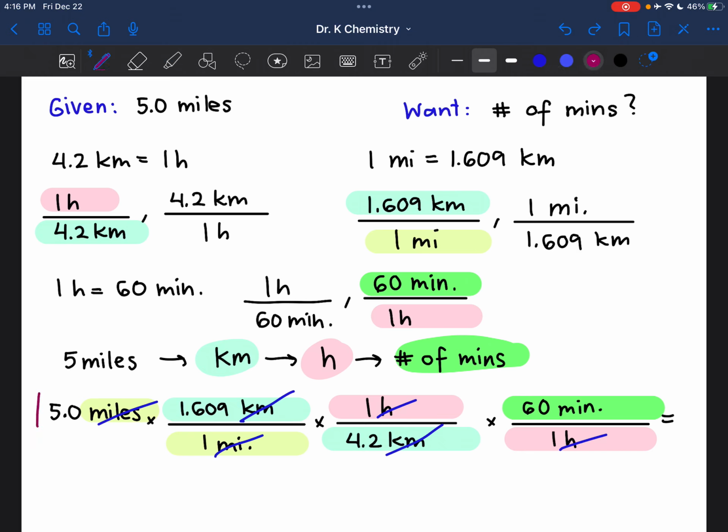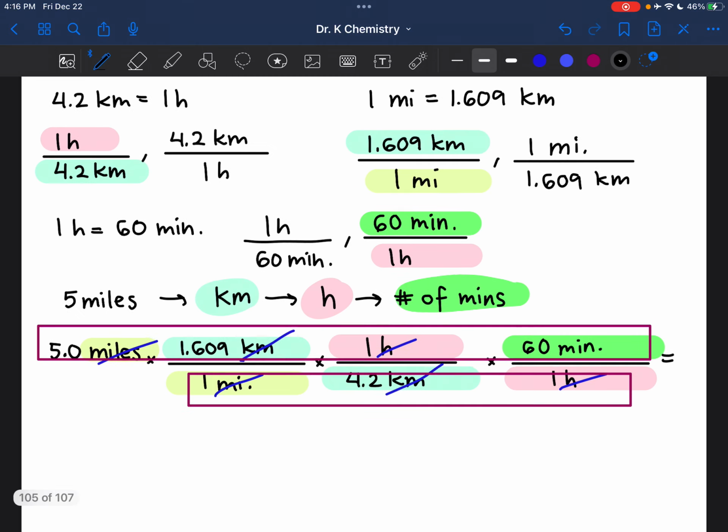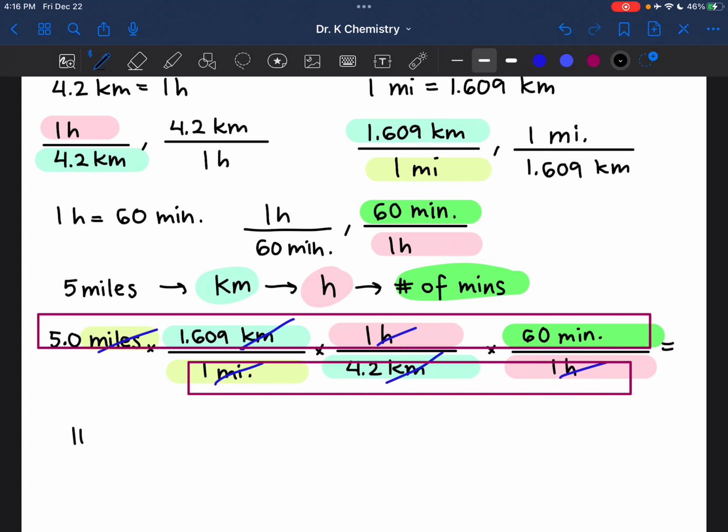So when we're plugging this in at the very end, keep in mind that everything up top gets multiplied and it gets divided by everything on the bottom. So I'm going to plug that in. And I'm doing 5 times 1.609 times 60. I'm ignoring the 1 because it's not going to change anything. And then I'm dividing by 4.2. And that is giving me